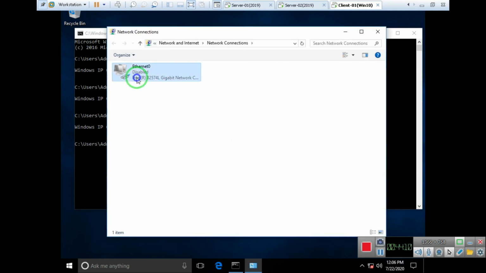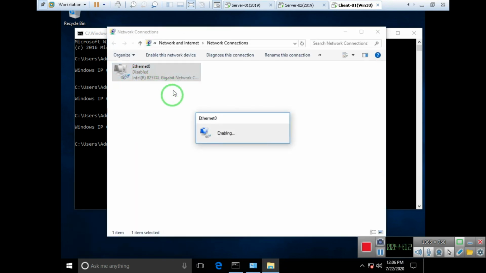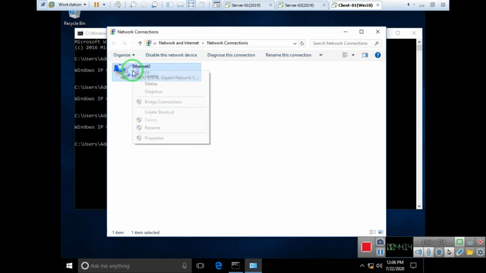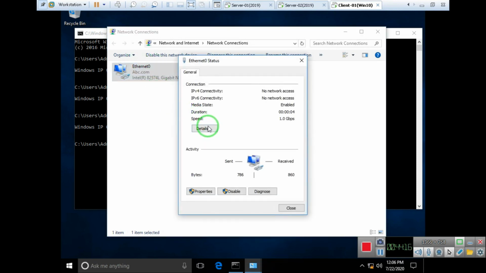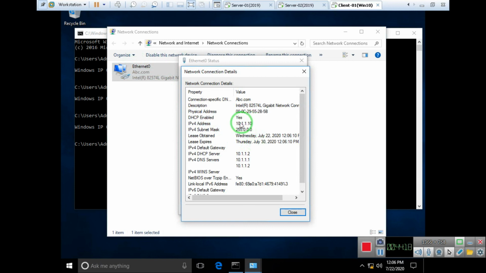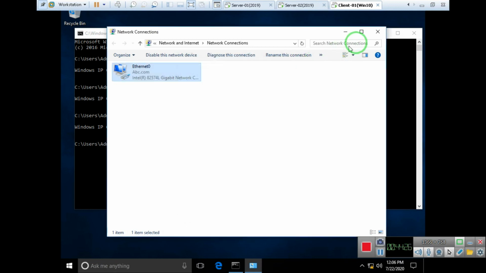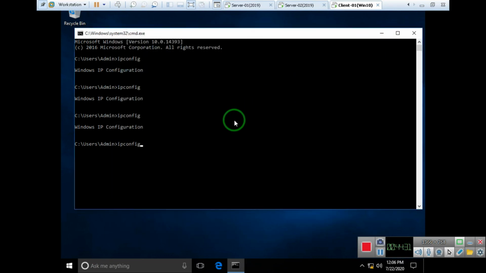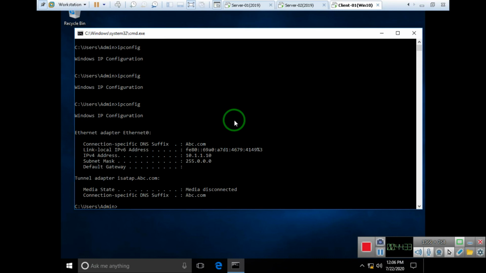Oh, sorry, my LAN card is disabled by default. I need to enable it once. As you can see, I can either enable and disable the LAN card, so it automatically changes the IP address, or it renews the IP address again. Or I can use ipconfig. Right now it's automatically taking my reserved range. If I need to renew manually, how can we do that?